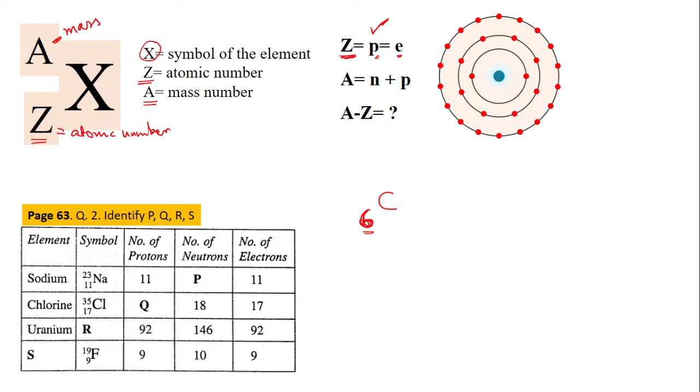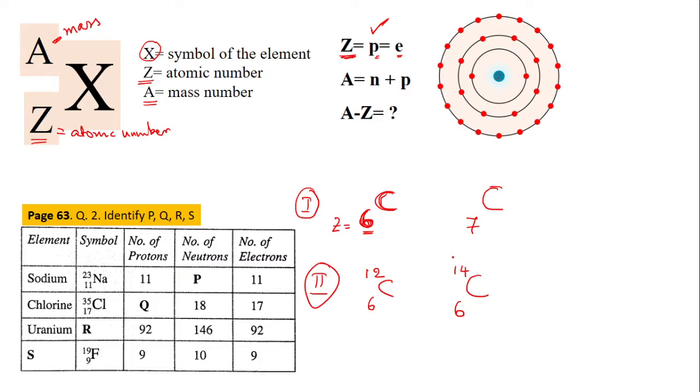Take another case where carbon has atomic number 6, and its mass is 12. I kept the atomic number same, but the mass number I have written different, C14. Do you think this will be possible? Mass can be different, atomic number can be the same. Yes, sir. How is it possible? Who will contribute the extra mass? Sir, neutrons. Protons and neutrons.